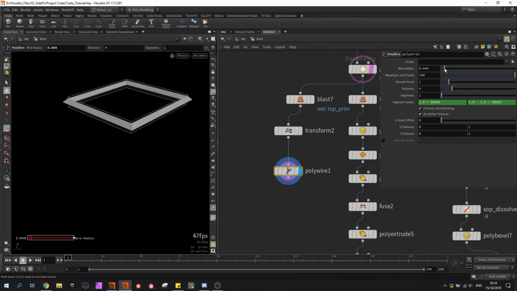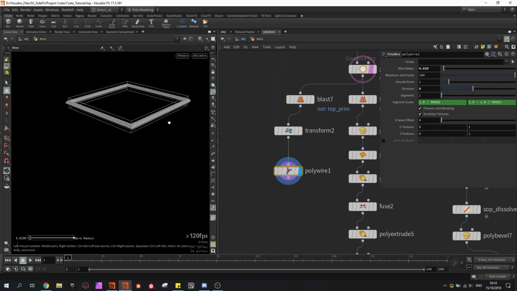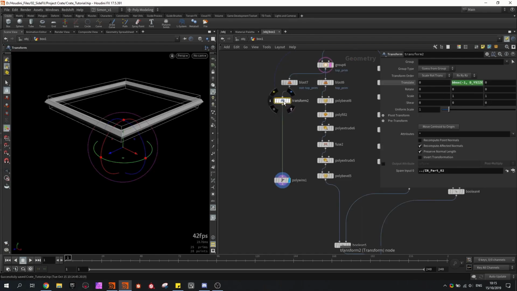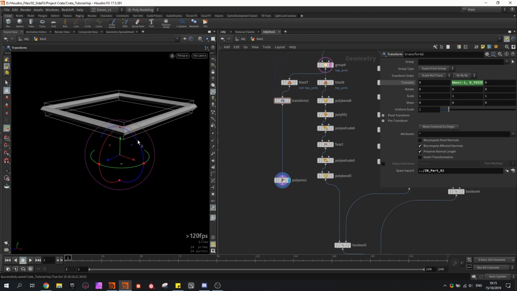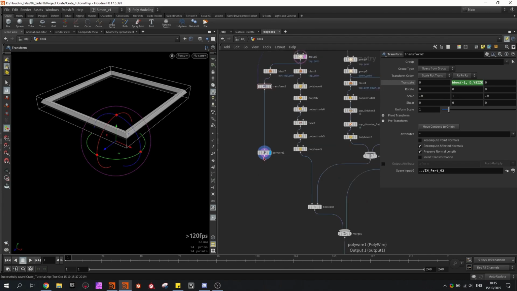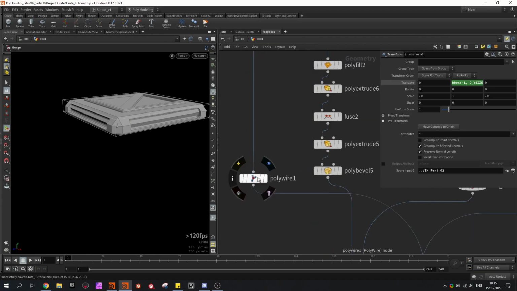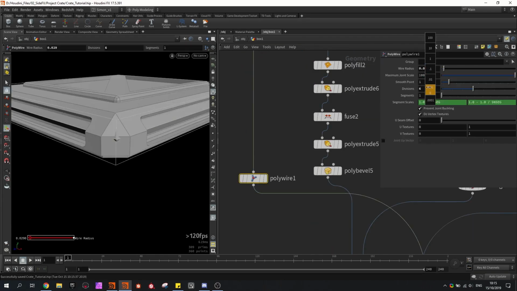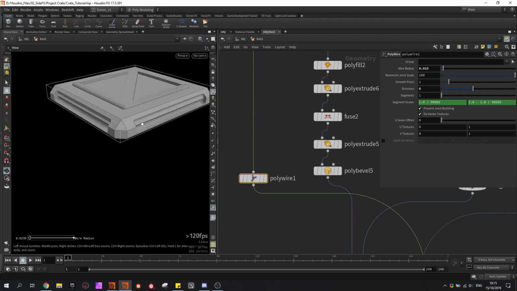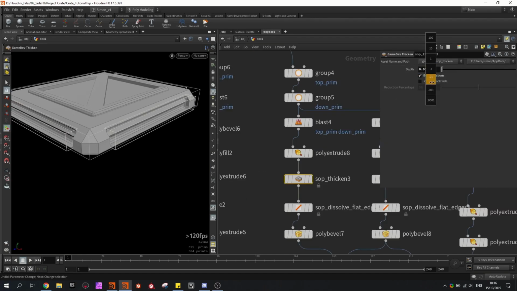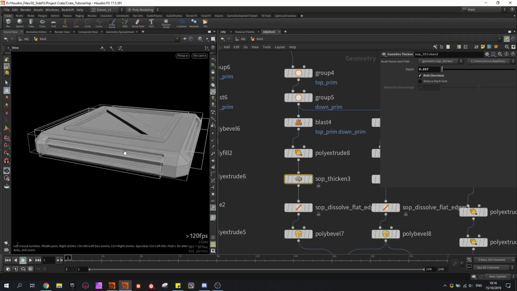I will be lowering the radius and I increase the divisions to 6. In a transform, I also want to scale this shape a bit down. So I'm going to do 0.9 in the x and y axis. If we merge this result, we have now this cable, so it's a little bit too big here. So something like this. Also, based on how much depth you're gonna give this boolean, it's easier then to see